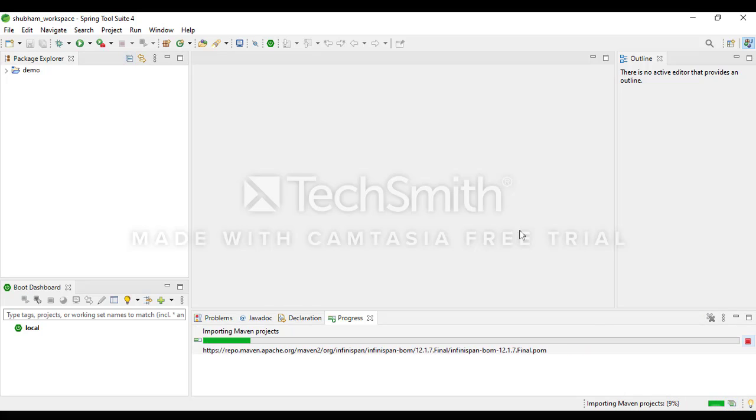You can see here the dependencies we are including in our pom.xml file are automatically downloaded from the repository.